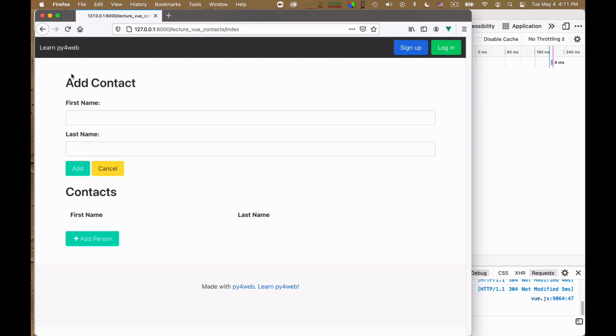Okay, so now we need to implement the logic to add a contact. Here we have the two input fields. They are mapped to two JavaScript variables, but now we must actually get this contact and insert it into the database. So we need to get the values of those two variables and send them to the server so that the server can insert it into the database.